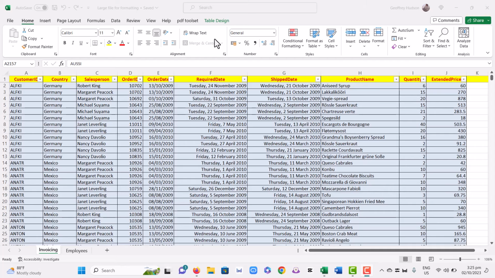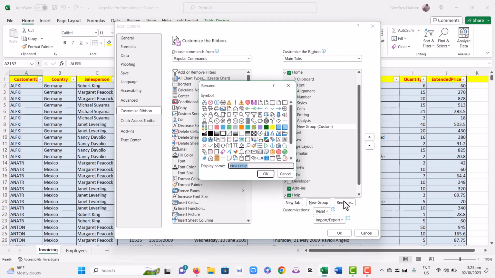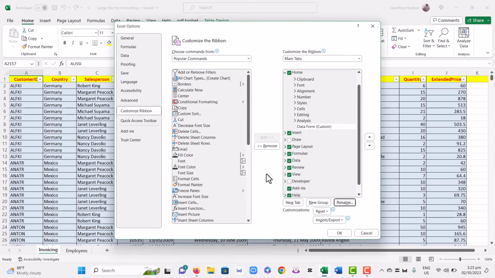The first step is to right click on the ribbon and then customize the ribbon. What we then need to do is to click new group. There's our new group, and we're going to rename it to data form. This places the icon that we'll create on the ribbon. So let's click OK. We've named the form, and now we go to the drop down list here and look